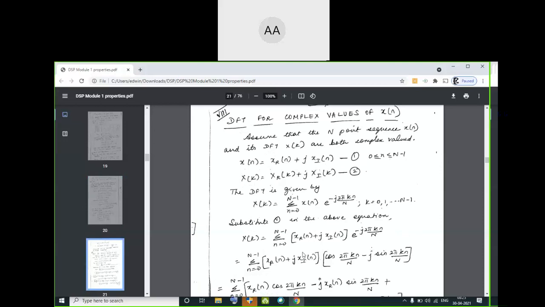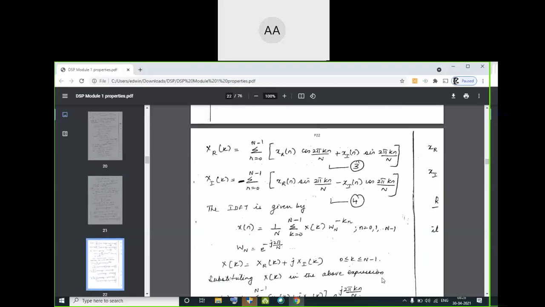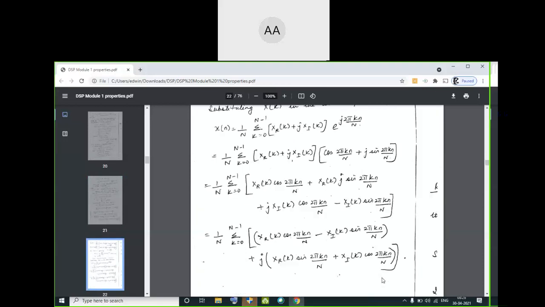Similarly, for the complex signal also, just like we have done earlier, you split it as even plus odd. For a complex valued signal, you call a signal real signal, imaginary signal. So for the real part, the DFT is X R of k, and for the imaginary part, capital X I of k. Then as usual, write the DFT equation, substitute this, and you will group your cos and sine terms together. Okay, just go through it, just do it as such.